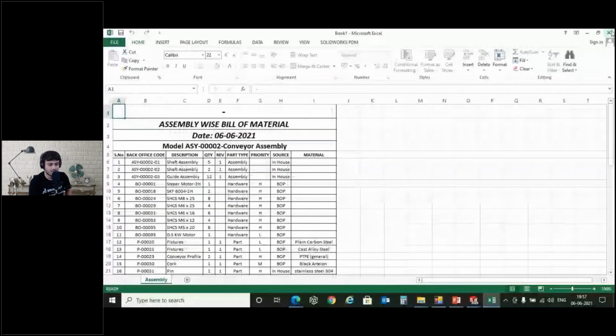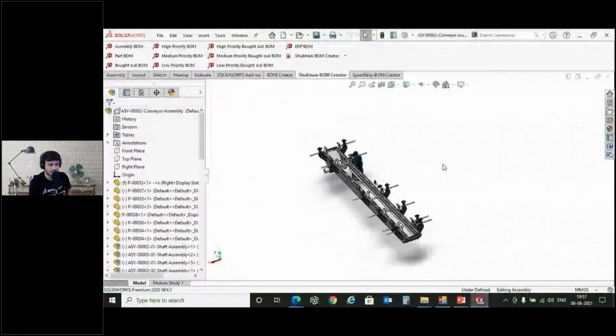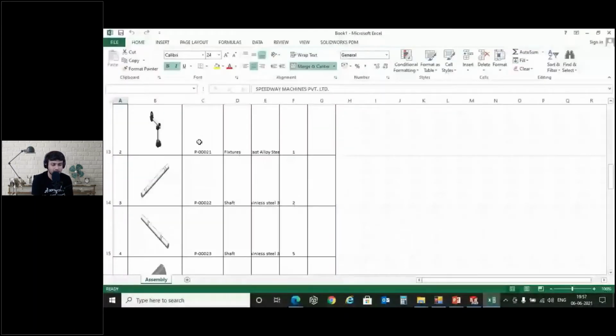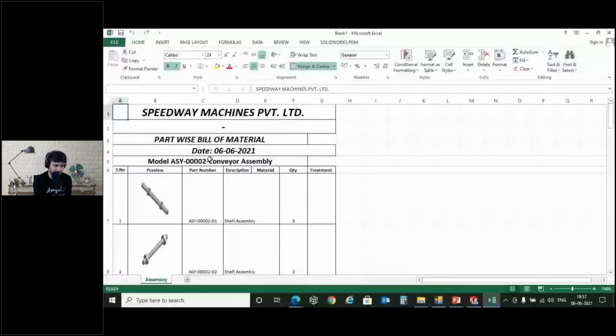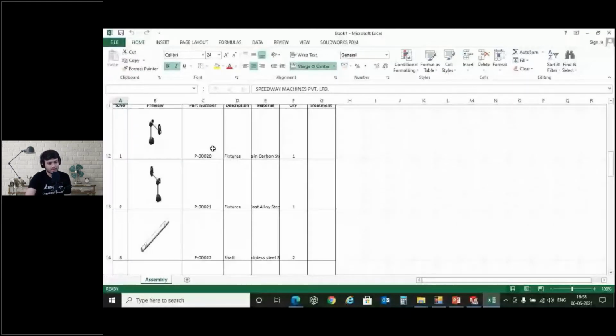Another interesting thing I would like to show you is, if I want to add some images to my BOM, I'll prepare my part list here, for which I want some images. So I can click and prepare a BOM with images. This image BOM gives a glimpse of the item to the production department, and even helps me understand what the part is all about. Interesting, right? I can put images on my BOM and share it with the department. So this keeps a clear, transparent picture and communication.